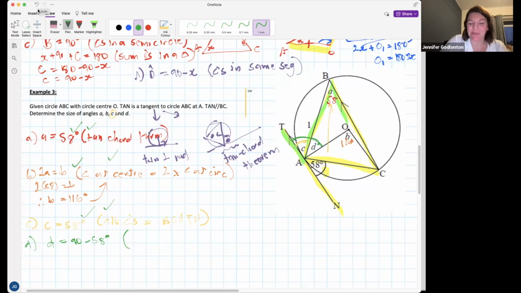Line from center to midpoint chord. We haven't got a chord here. Yes, tan perp to rad, guys. Remember, tan perp to rad. That's telling us that this is 90 degrees. Okay. And so therefore D is equal to